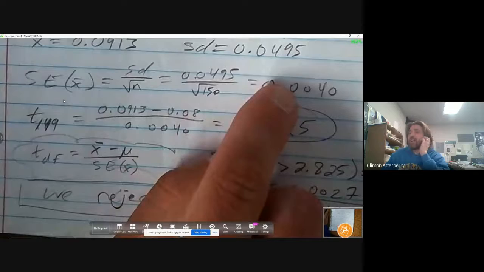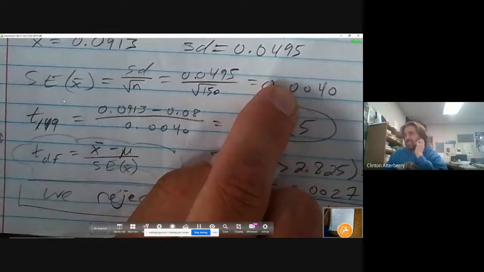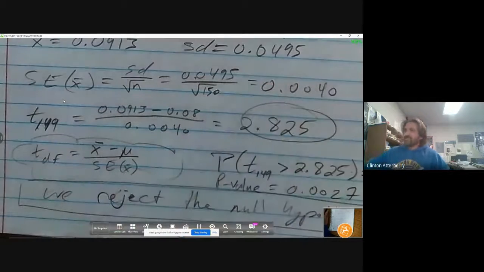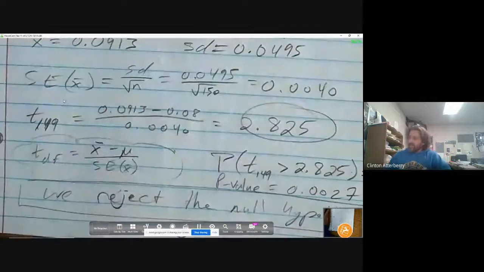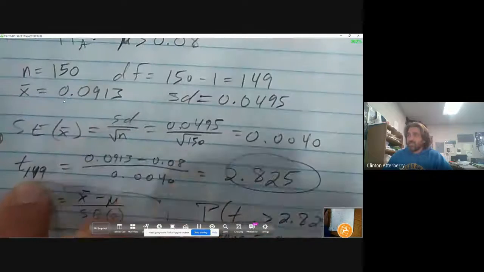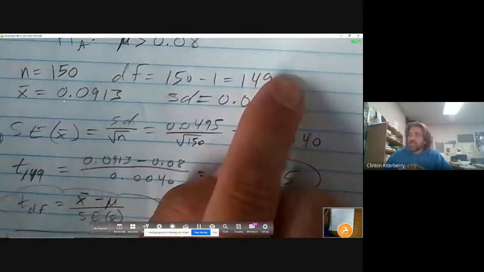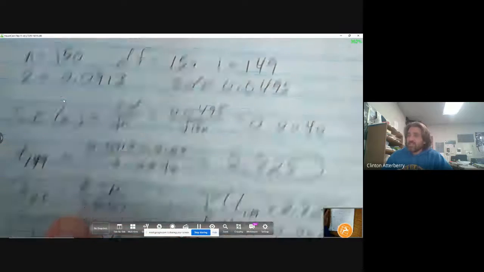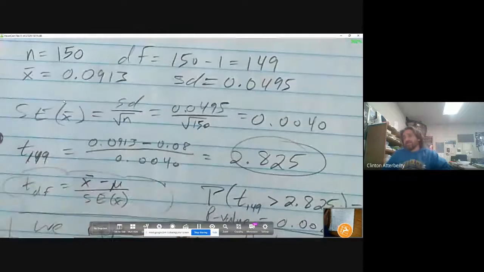So now we find our student's t-value. We say t with a degree of freedom of 149. We do that from, remember, degree of freedom is the sample size minus 1. So our t-value of degree of freedom,